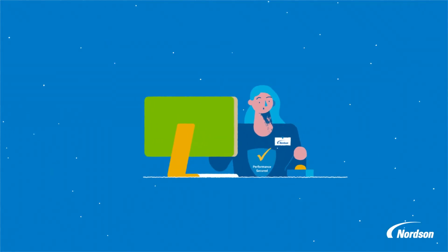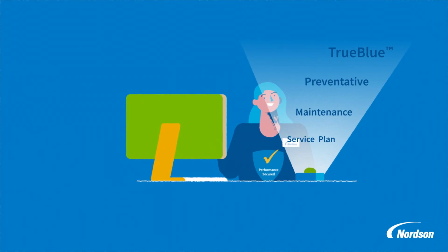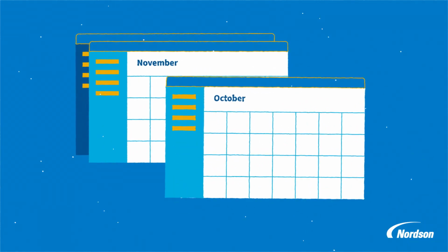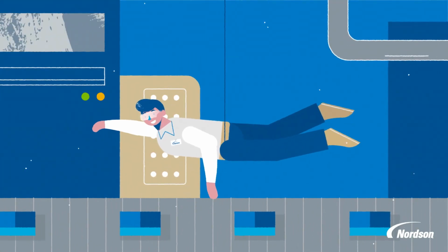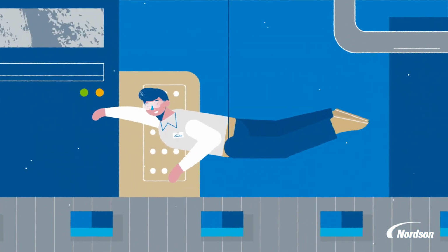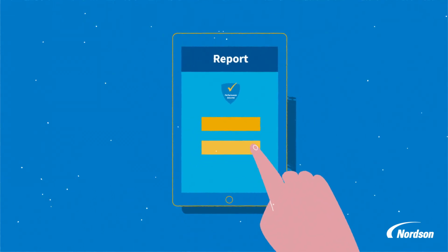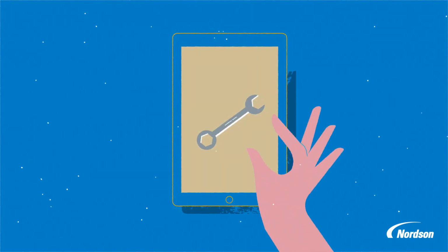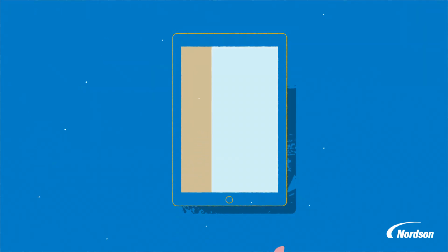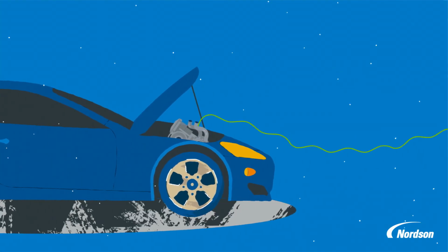That's why we offer a TrueBlue Preventative Maintenance Service Plan for your Nordson equipment. Our experts perform scheduled health assessments, a multi-point performance audit, and safety check. To help you protect your investment, you'll receive a comprehensive audit report with recommendations for corrective actions, repairs, and replacement parts. Your TrueBlue plan can be customized to include maintenance or training for your employees, because well-maintained equipment works like